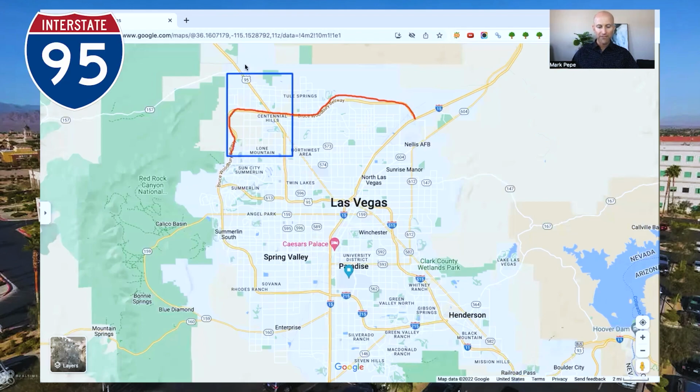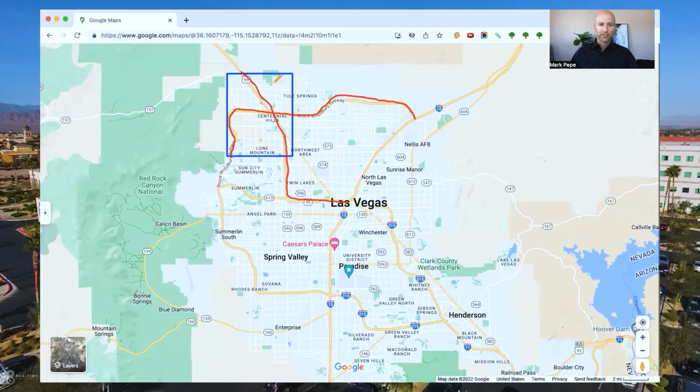And then you have the 95, which starts right here in downtown, right where the 95 and the 515 meet, comes up right through Centennial Hills, and if you take 95 north, it will eventually take you all the way to Reno. So again, these two freeways intersect right in the heart of Centennial Hills. Again, it really provides convenience and accessibility, not only in and around Centennial Hills, but to other parts of